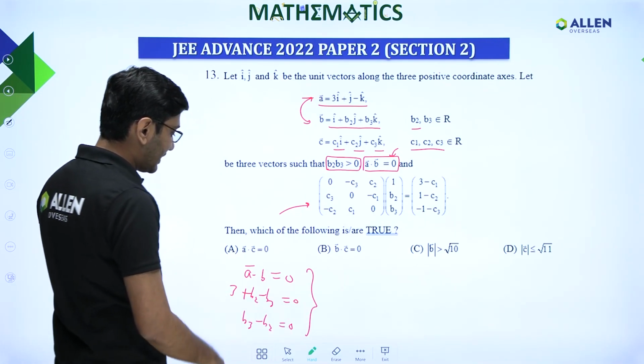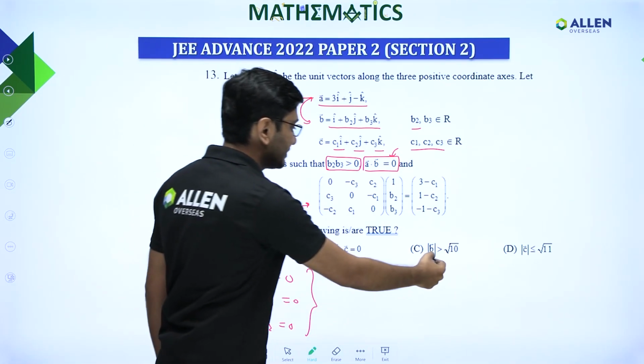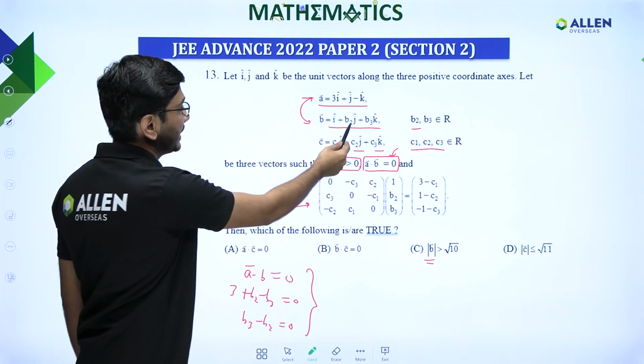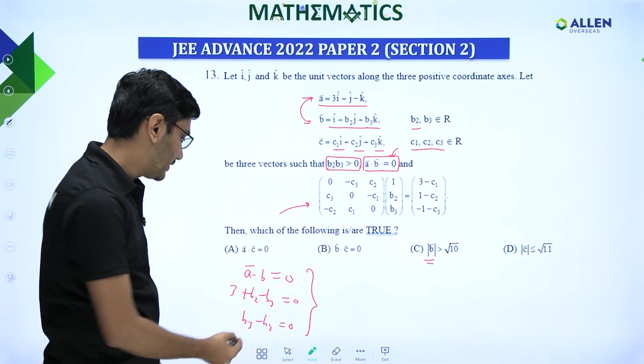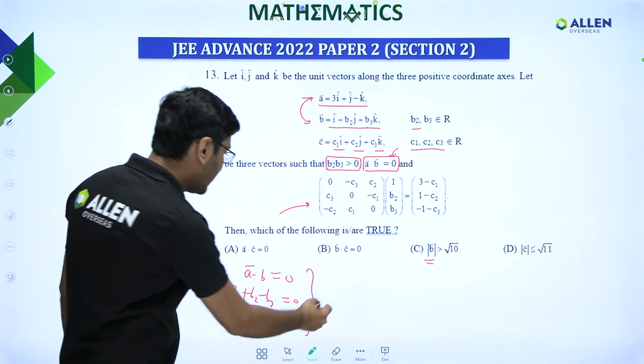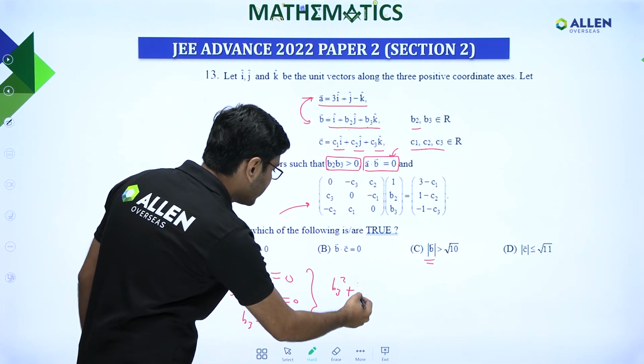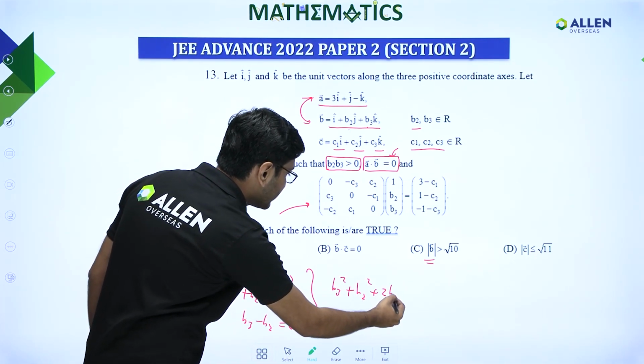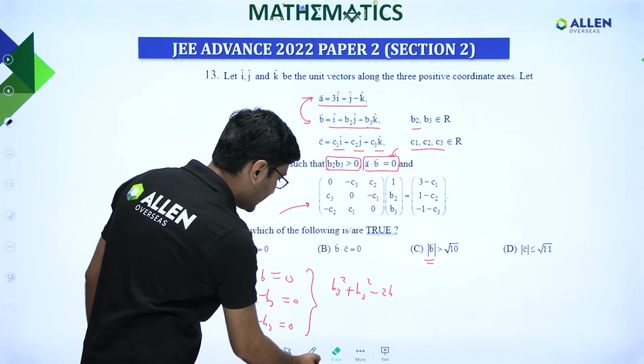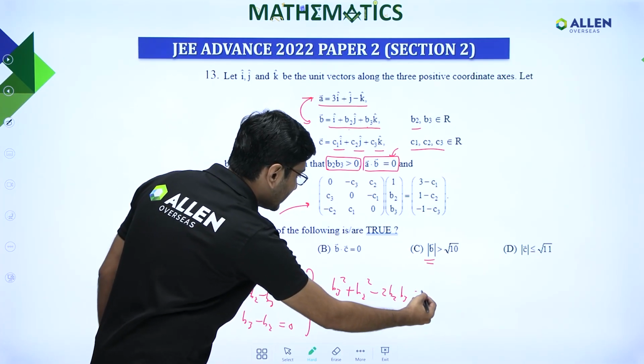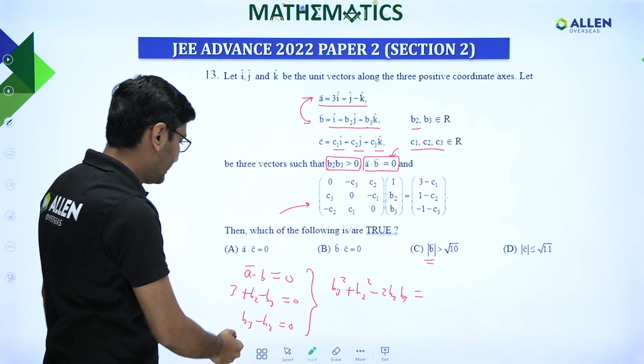Squaring this equation, because one of the equations says mod b, and mod b will have b2 square plus b3 square plus 1 square. So if I square, I will get b3 square plus b2 square minus 2 b2 b3, which will be equal to definitely